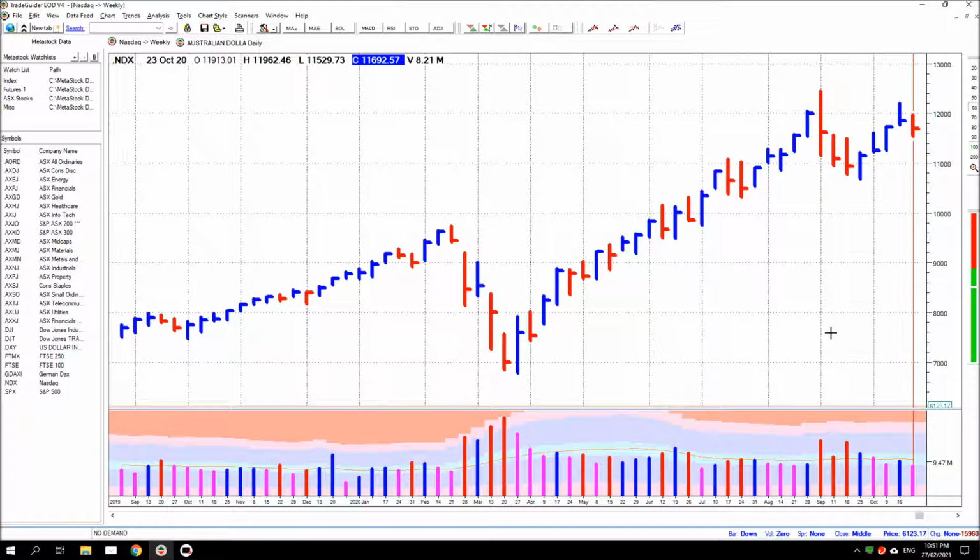You can see a little bit of weakness has come in, but volume was below average. It doesn't seem too bad. Prices touched the previous highs. It's just come back and tested. It could continue higher here and attempt to break out, or price could come back to test the strength of the previous lows.